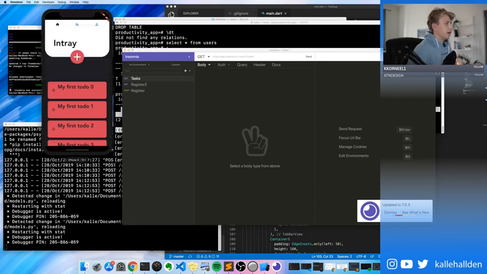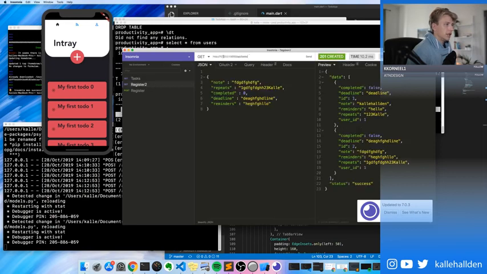Right now we don't have a way to add a new task within the app. If we press the add button up here, nothing happens. But we have a way of displaying all the tasks. So we're going to make a quick little get request here and test that and see if we can actually get